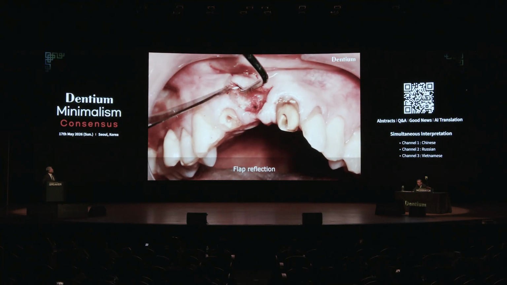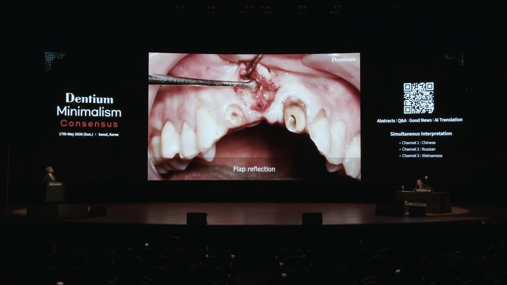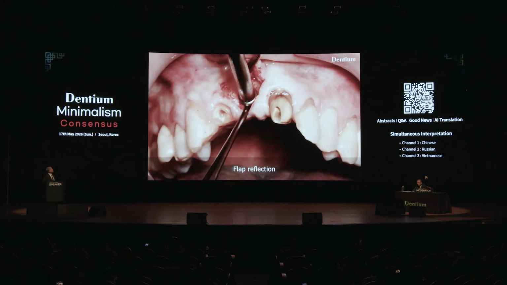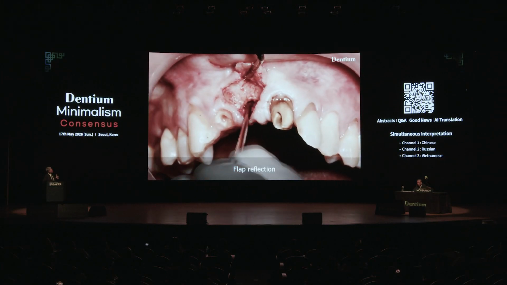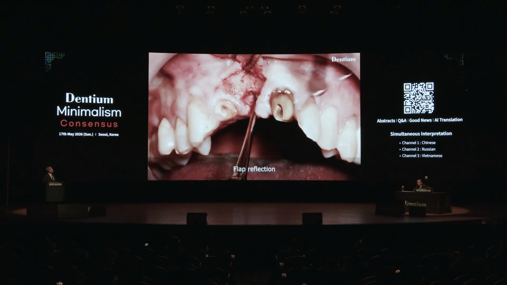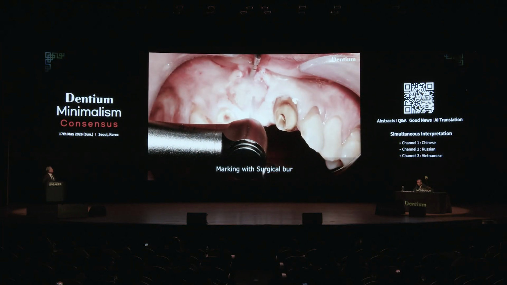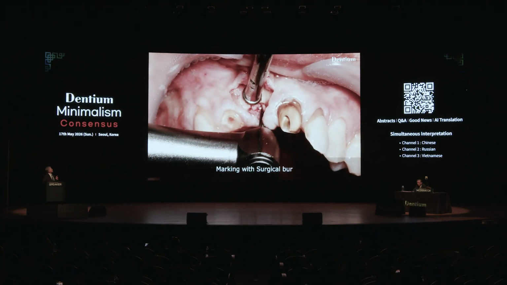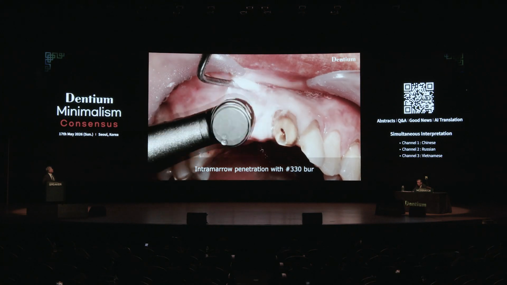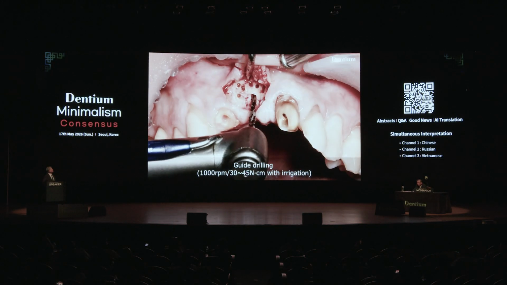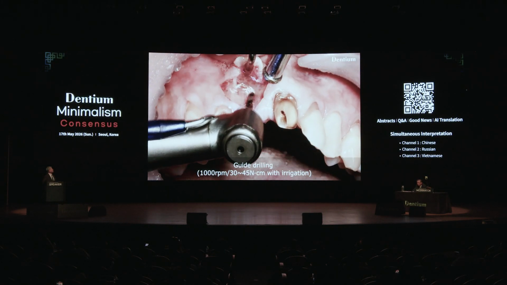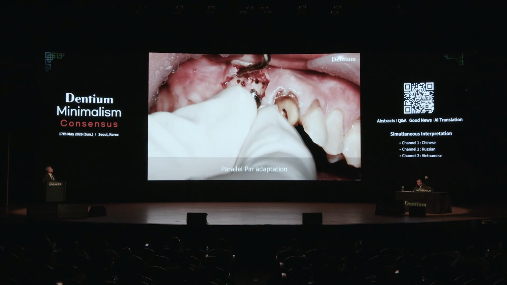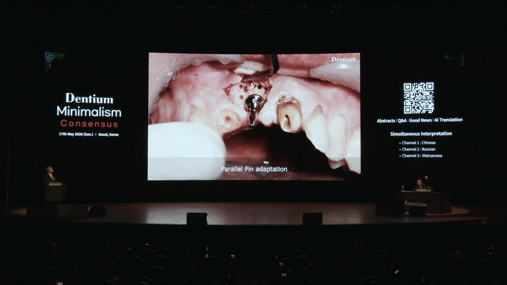After flap elevation, we can see some vertical bone resorption, and horizontally the bone is too thin. In the normal way, the pilot drills can sometimes be too thick. So with a high speed handpiece, we make the first drillings, and after that change to the pilot drills to follow the cancellous region between the buccal and lingual cortical bone. Then, after the parallel pin positioning,